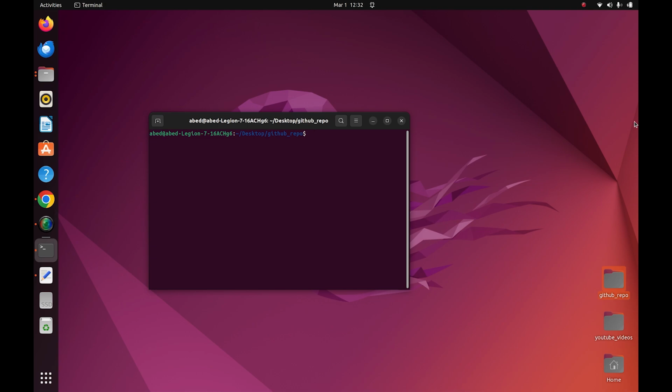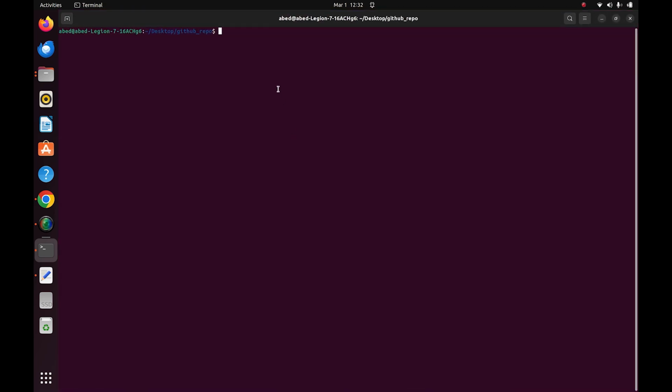Now you can also change the URL of your remote repository. So you are going to use git remote set-url. You specify the name, so it is abed repo, and then you specify the URL, the new URL that you want to use. Okay,